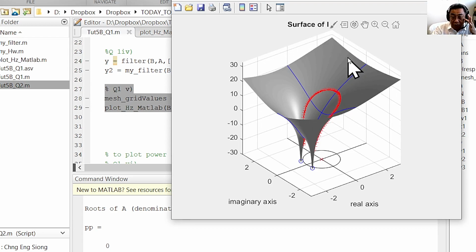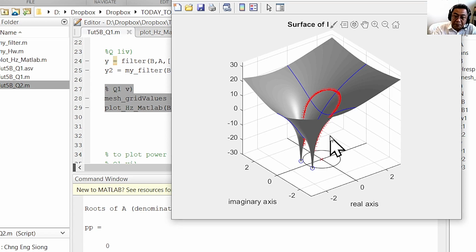So when there is a 0, the log of 0 goes to -infinity. We only plot until -30 dB. So you will see that H of z, at least for the log magnitude, is a surface that looks like this. And now it's obvious that the 0 means that the surface goes down. And in the origin there are 2 poles. Well, it tries to go to infinity, but it can't, because basically you have the 2 zeros pulling down the